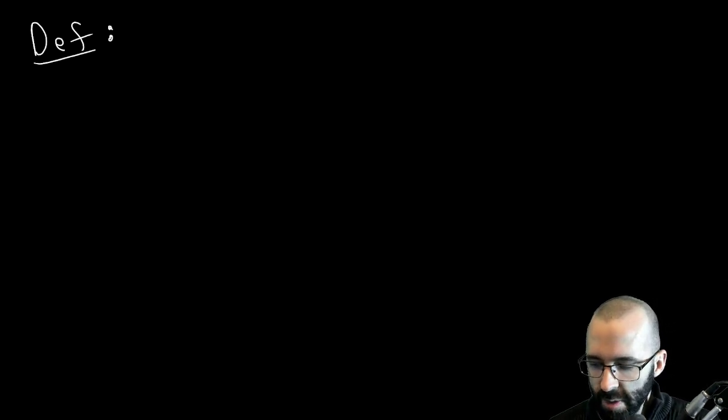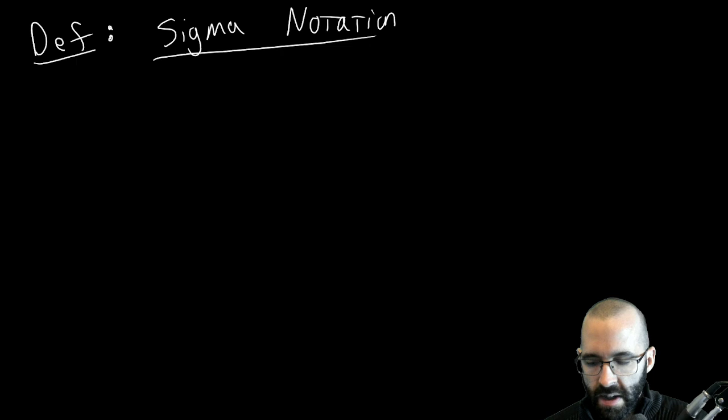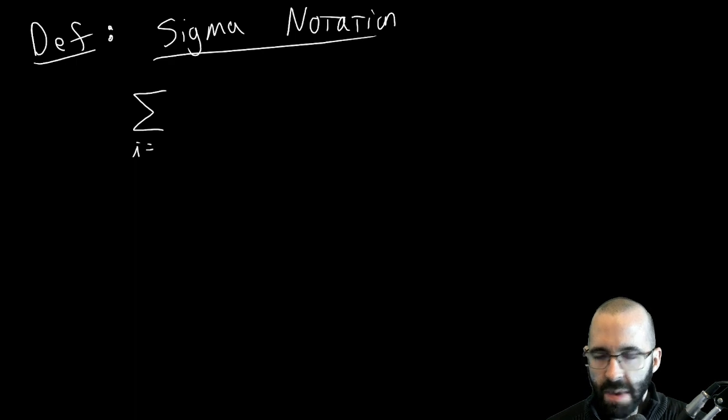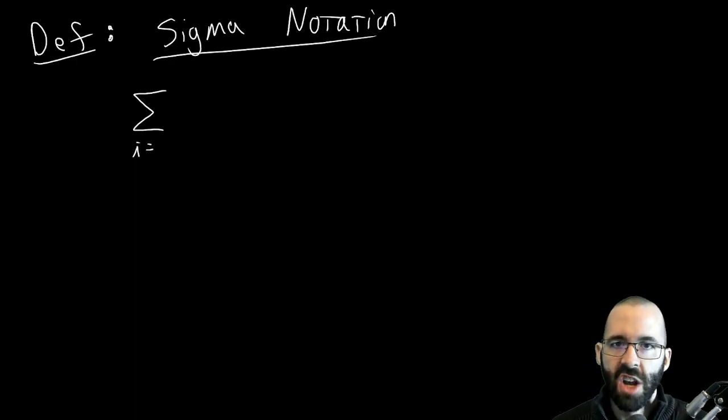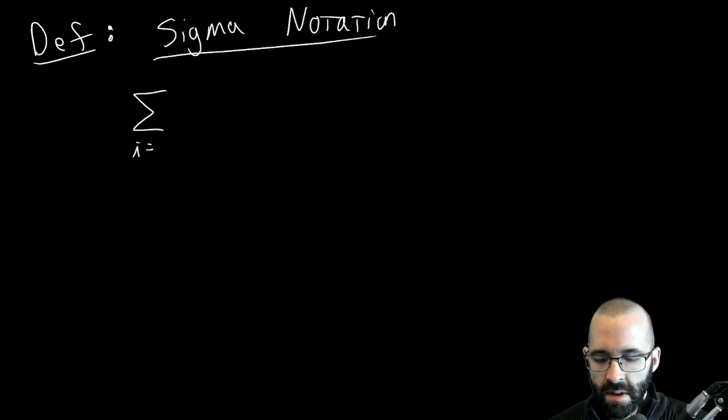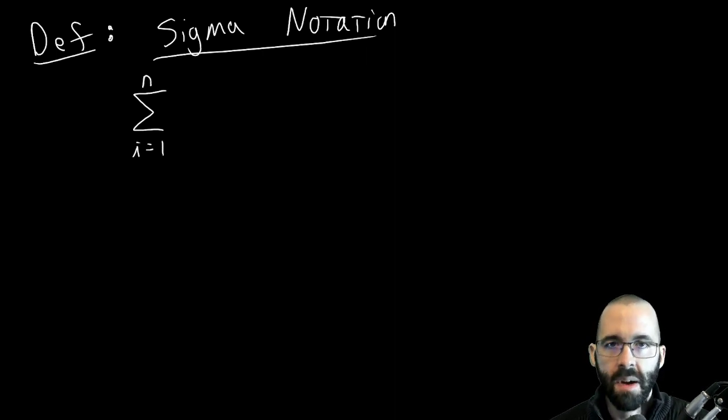So what we're going to do for sigma notation, otherwise known as summation notation, is we're just going to have exactly that. We'll write it as the sum from i, and that can be any letter. It doesn't have to be i. It could be j, k, l, m, any letter we want. j and n are also very common. From i equals 1, or again, it could be any number, up until some other number